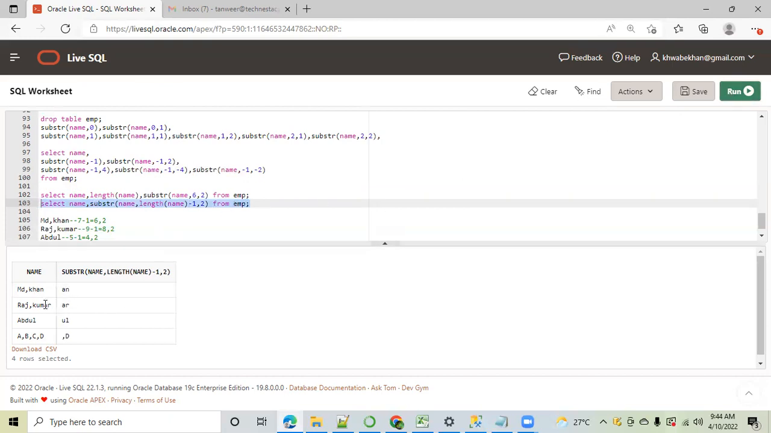Got the output N, AR, UL, comma D. Okay, this is clear now, everyone? Yeah, clear for me. Okay. Any question? Anyone who wants me to repeat this substring? So with the help of this, you can